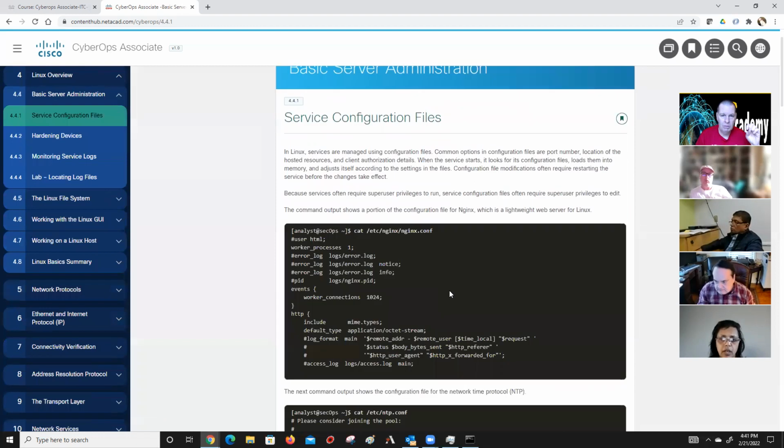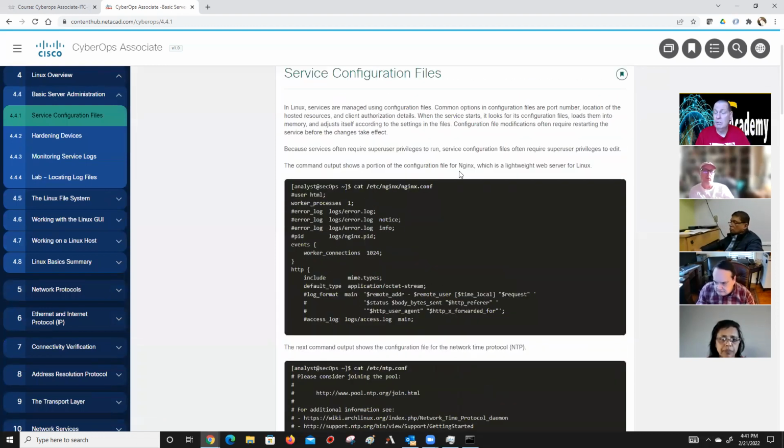We'll keep going here. Basic server admin, looking at different types of config files and how everything in Linux is basically a file and a config file, or has config files with it. One of my main complaints about Linux, and I know this is a lame complaint, but stuff moves all the time, and that aggravates me to no end. You know, one version of Nginx, it's going to be in this, and the next version it's in this, or the Nginx conf file. It was at the top of the conf file, now it's at the bottom, or they've changed the name. Just leave the thing, you know, have some semblance of